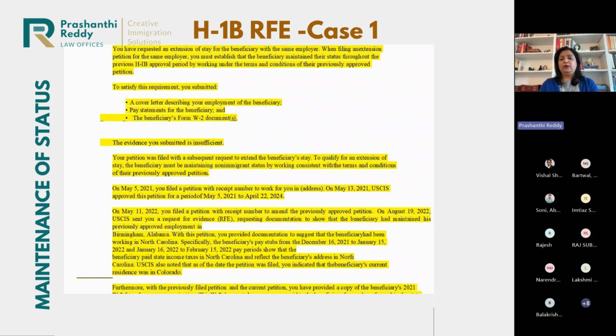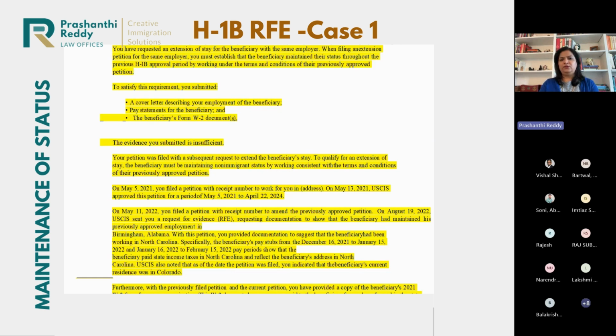So it was important to show that the physical location was Alabama as per the LCA, but it was just a tax violation, a tax problem. Unfortunately, the attorney at that time did not highlight that, and therefore this case was denied. And the second mistake that the employer made was after the H1 was denied, the beneficiary